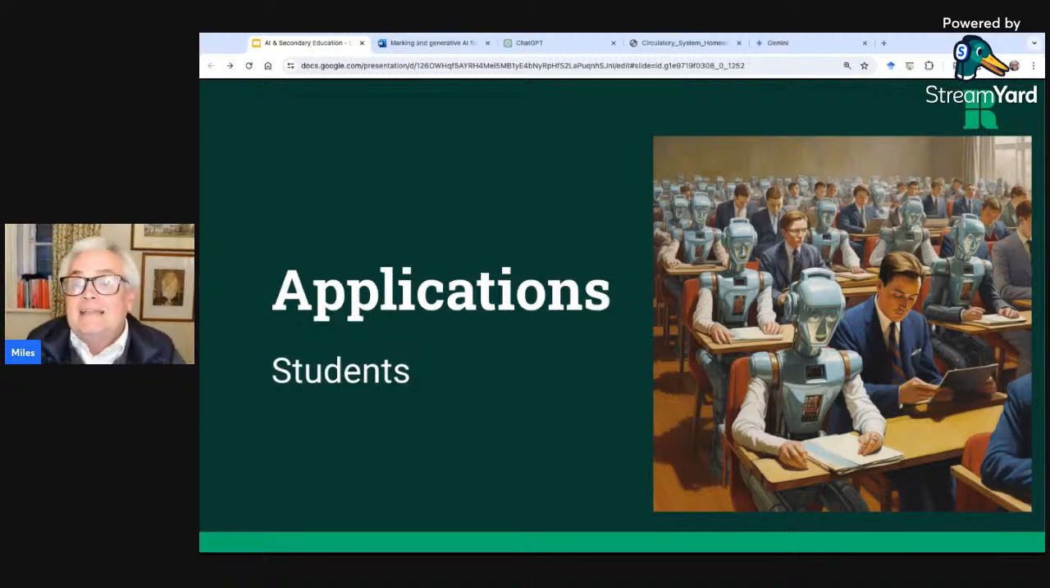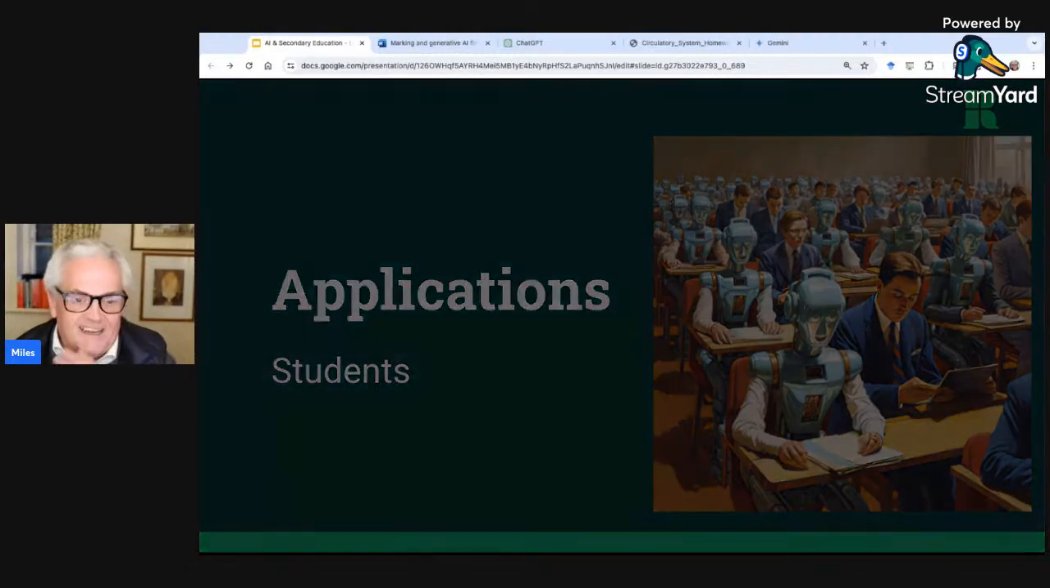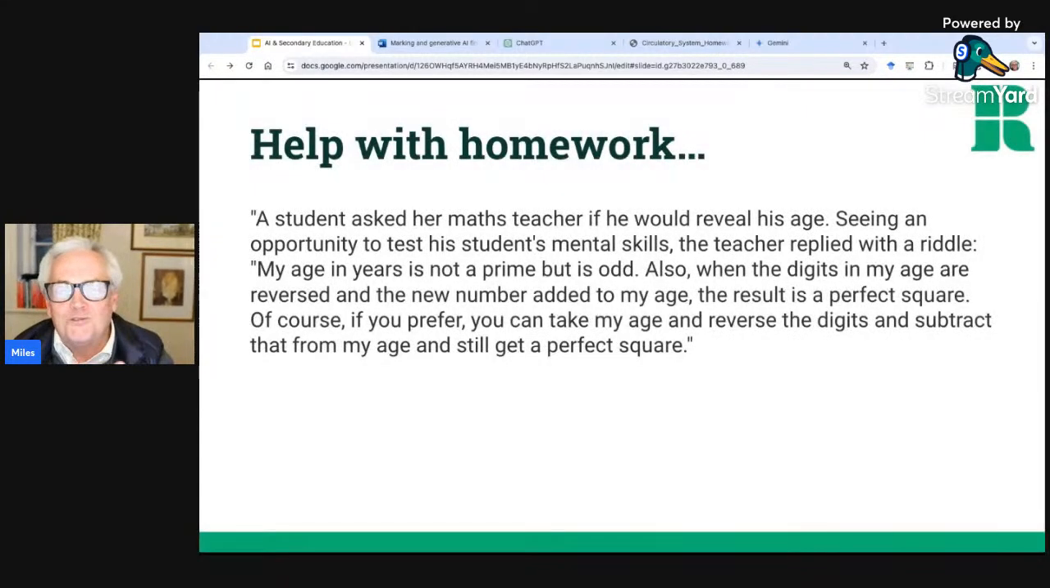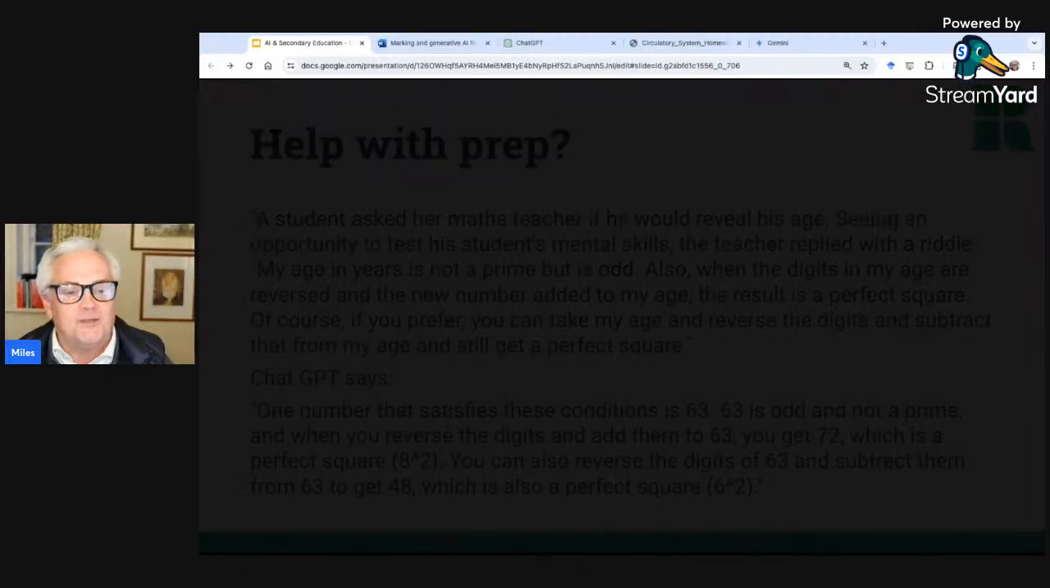Right. Very quickly then, how would your pupils use this? And I'd love to hear the stories about how your pupils are already using this in the time that we have left. So my daughter does this Simon Singh Parallels thing, sort of extension maths type thing. And he asks good questions like, my age, when the digits of my age are reversed, the new number added to my age, the result is a perfect square. It's a non-trivial problem. So, of course, her father encourages her to just paste that into ChatGPT, and it does